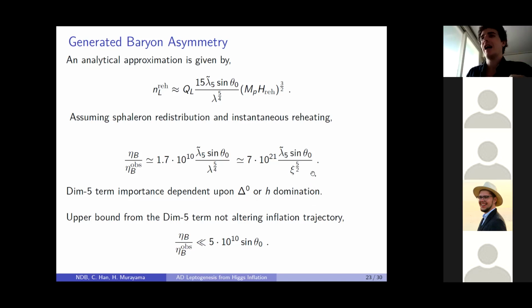In any case, one of the assumptions that we made is this dimension 5 term doesn't affect inflation. And if you simply take this result, you can get a maximum for the baryon number density ratio, and it's just given here. And so it looks like it's very easy for us to get enough asymmetry, even in the case where we cause problems with the inflationary setting, which we don't want to do. So it seems like it's quite easy to get successful baryogenesis.